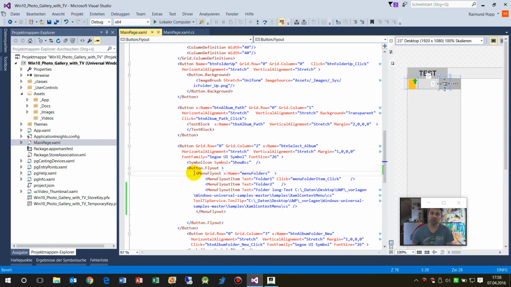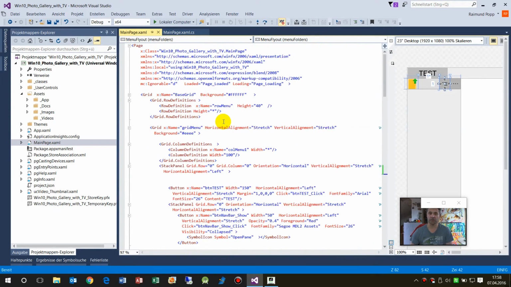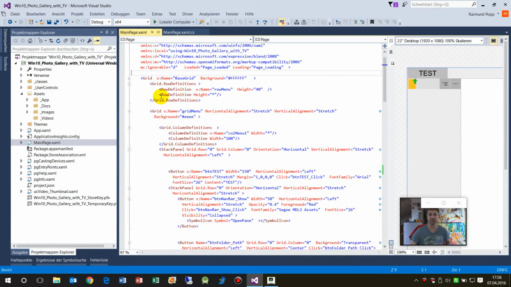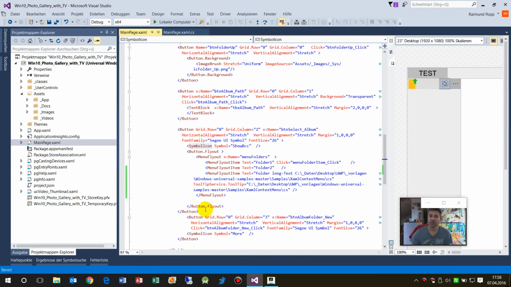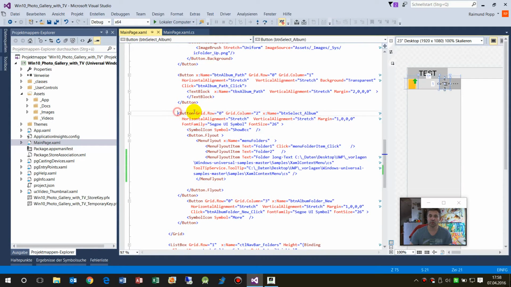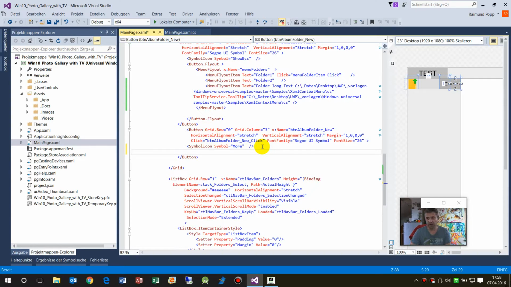Either you create this menu flyout inside the page itself, with page resources, or when you have a button like this one, then you go to the button at this point, and inside the button you may type the